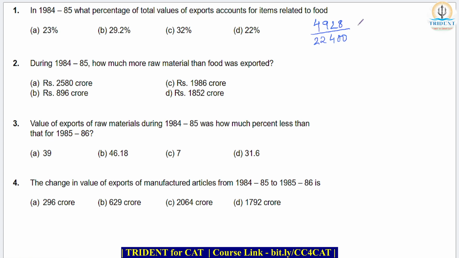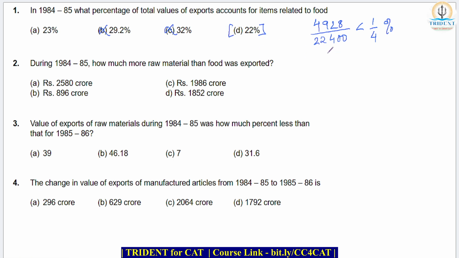This is going to be a little less than 25%. So this is a bit of reasoning that you can do. However, if you see, there are two options very close, which is A and C, which is 23 and 22. I can't help it. I have to do the actual calculation,